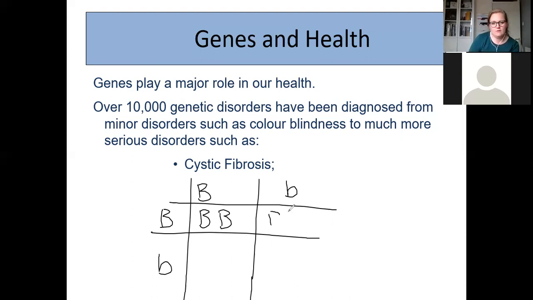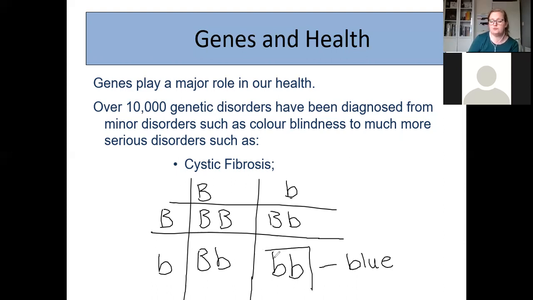If you ended up with this genotype, your phenotype would be brown eyes, because brown is dominant, but you'd carry the recessive allele for blue eyes. Exactly the same if you had this genotype, because they're the same, and this genotype would cause you to have the phenotype of blue eyes, because for a recessive gene to be shown in your phenotype, you have to carry